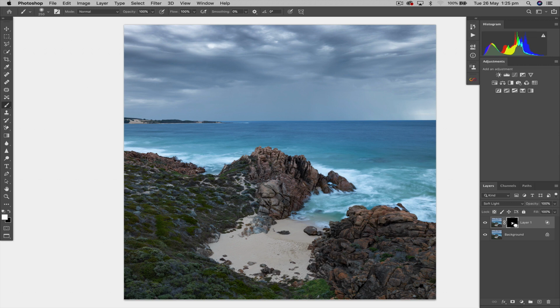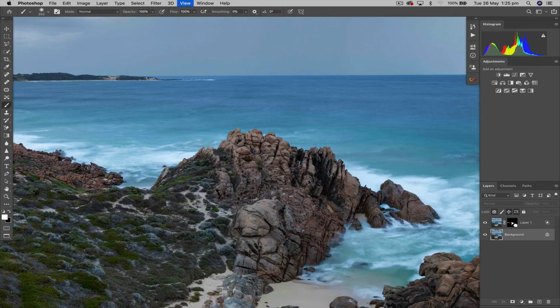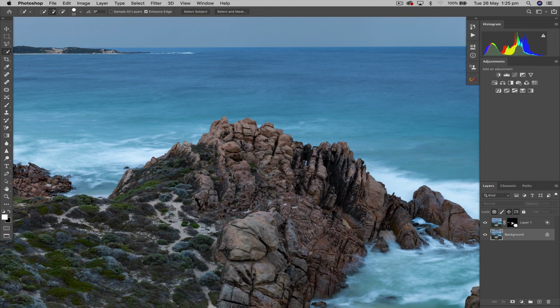So I'll show you what I mean. If I get lazy, I can go like this. Oh, look at that, beautiful job. We don't want that. Some people would do that. They might only be subtle, they might just go like that and you just barely see it, but we don't want that. Click back on the background layer, zoom in nice and close, use your quick selection tool